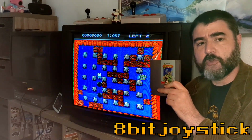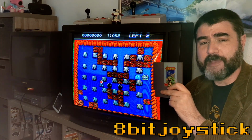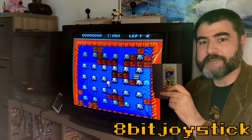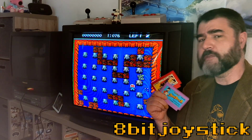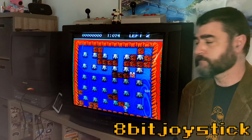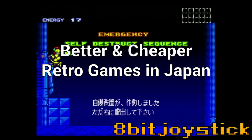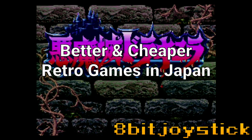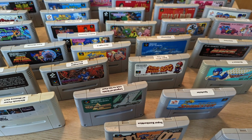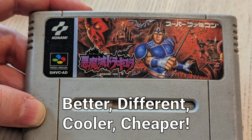Collecting classic retro video games in America has been a little crazy for the past couple of years. By that I mean crazy expensive. However, collecting classic retro video games in Japan is way different and way better. There are so many classic retro video games that are better, different, cooler, and way cheaper if you get the